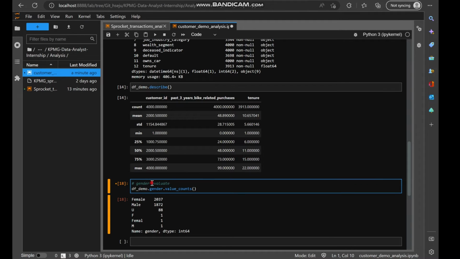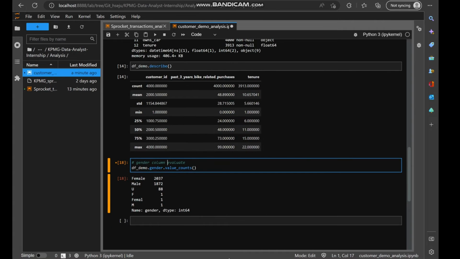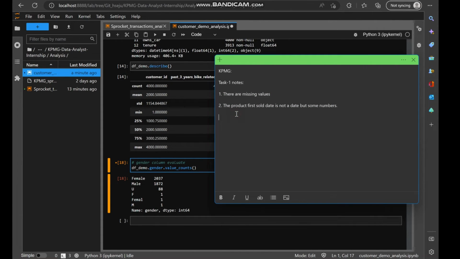We specify the column here, and we're going to write it down because this is going to be inside customer demographics. I'm going to say that the gender column has multiple values,